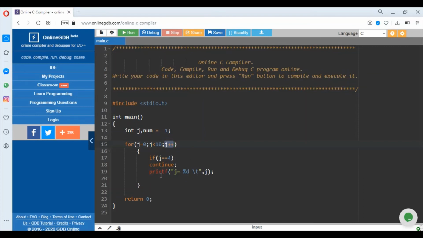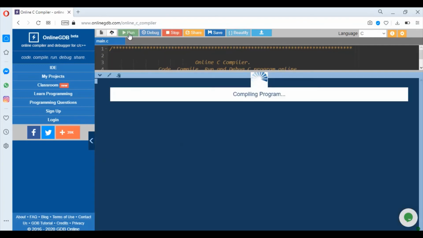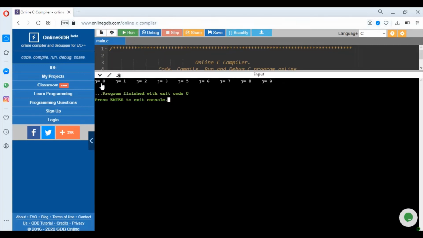This will skip all the other statements and the control will shift to here. So what will happen, this j equals 4 would be skipped. So let's see, j equals 0 is there, 1 is there, 2 is there, 3 is there, 4 is skipped, 5, 6, 7, 8, 9 is there, right?